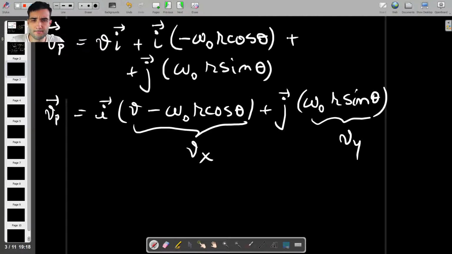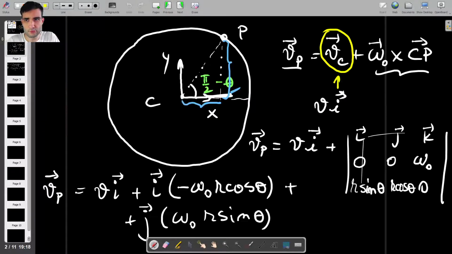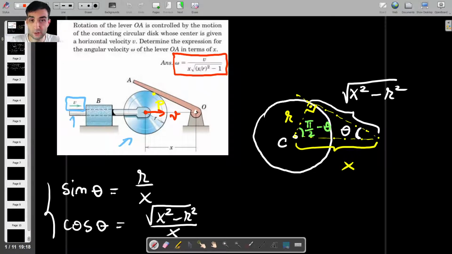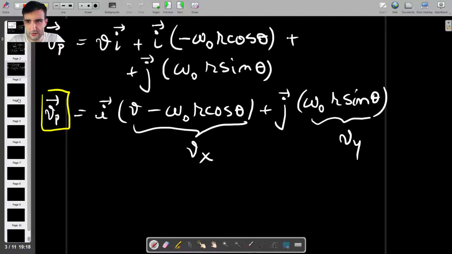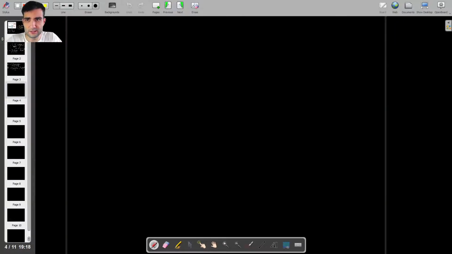But we don't really know what omega 0 is, and we have to use this velocity somehow to find the angular velocity of the lever. Okay, so here's what's happening. The disk is actually pushing the lever. Okay, there's no doubt about it. And because the two of them are solid objects, as you might expect, here's what happens. So where point P is on the edge,